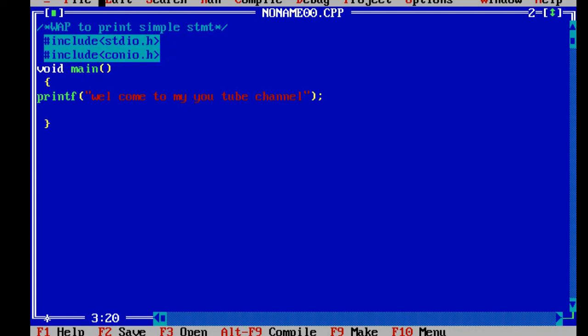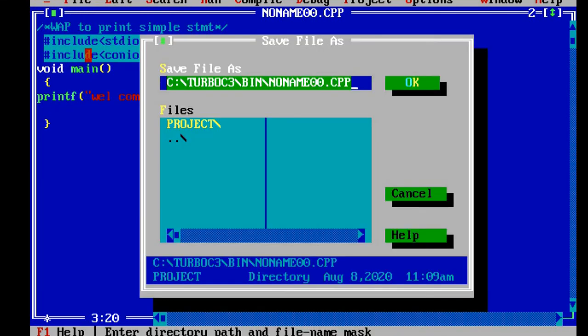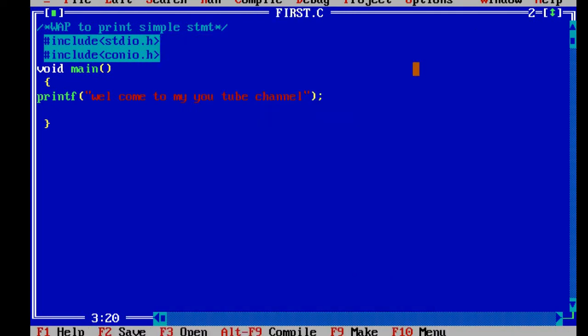Okay. Now we will save this file. Click on file, save. Over here you have to mention the file name. For example, I will give first dot. Now over here the extension is very important, because if I don't specify any extension, by default it will accept the C++ extension, and this is my C program. So without forgetting, give the extension, that is .c. Click on OK. You can see over here the file name is coming. It indicates my file got saved.